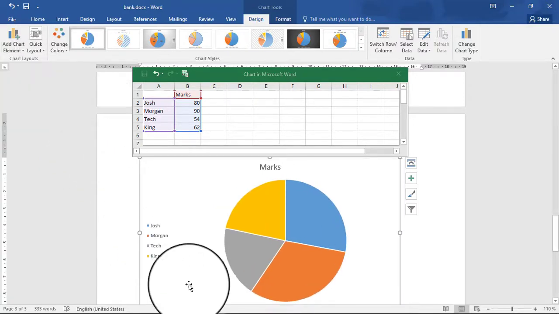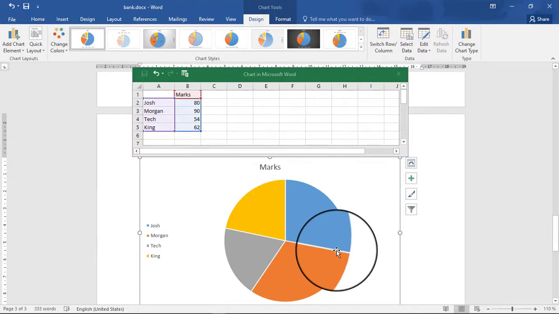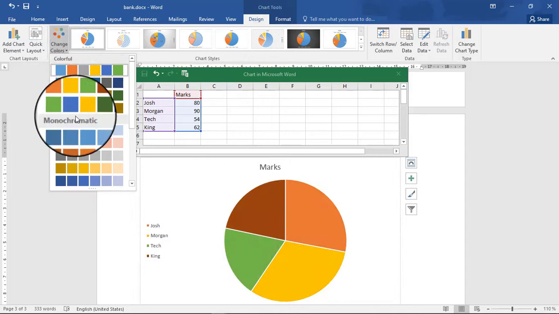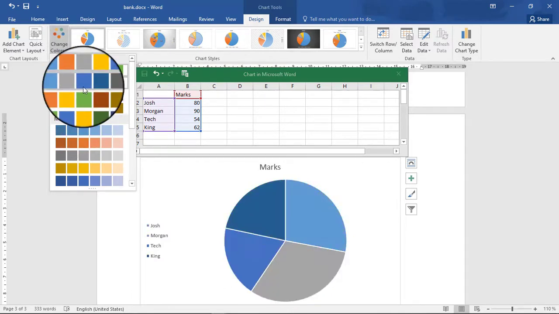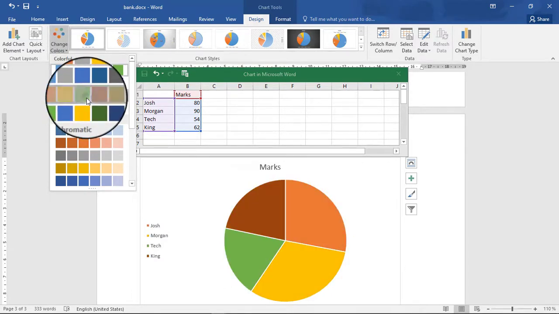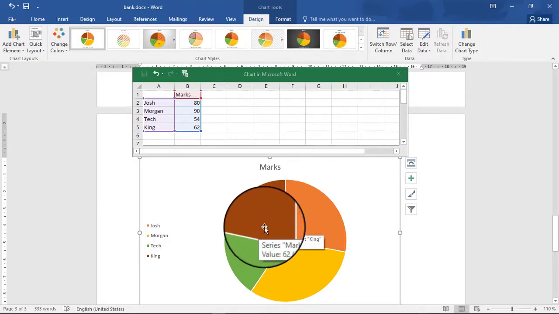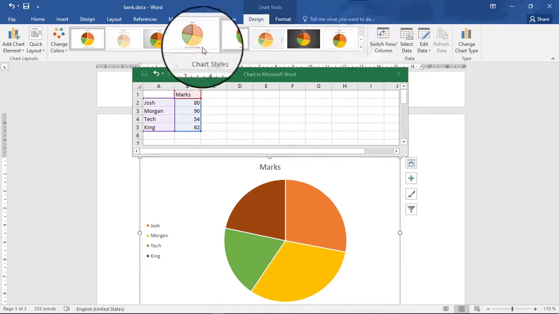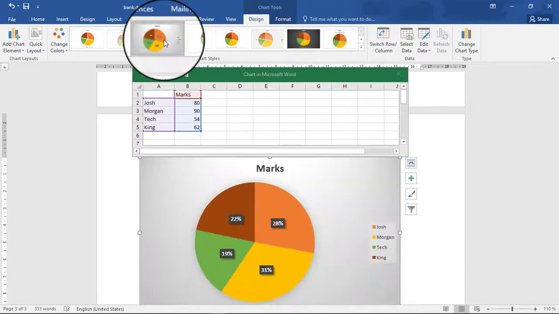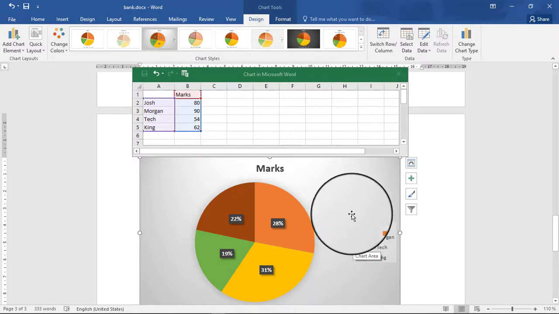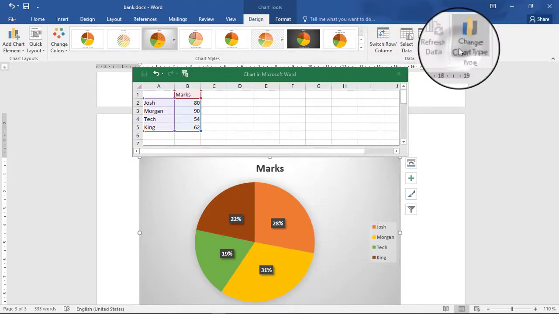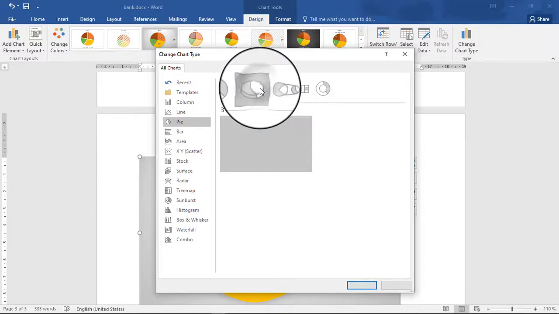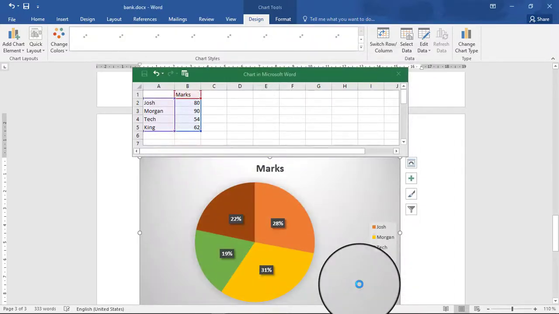So you can change even the colors. You just have to press here, you change the colors you want. Are you seeing? Let me stay with this. You can even change the stylings. They are always here. I want this style here. Are you seeing? You can even change the type of pie chart you want. You can change to this pie chart here. When I press OK, the pie chart will be changed.